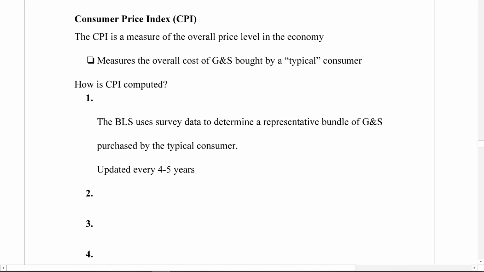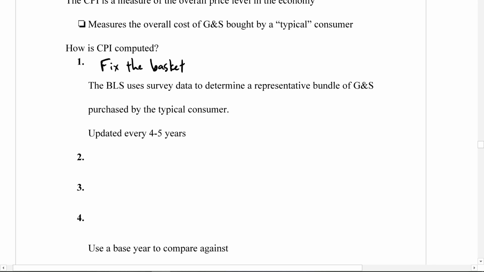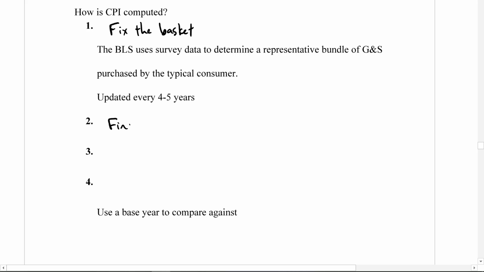We'll go through the steps. So the first one is to fix the basket. In our simplified example, that is set the basket: put the gallon of milk, the carton of eggs, the bananas, the chips and salsa, and fix that so that it's not going to change over time. In reality, the BLS, which is the Bureau of Labor Statistics, uses surveys to figure out what is a representative bundle of goods and services purchased by the average American. And then they update this every 4 or 5 years. So you fix the basket, you then find the prices, compute the cost of the basket,